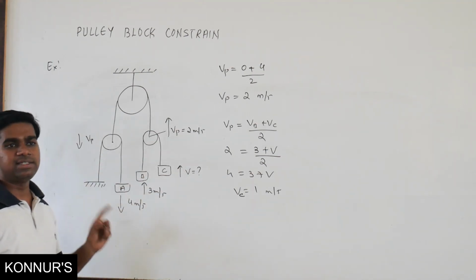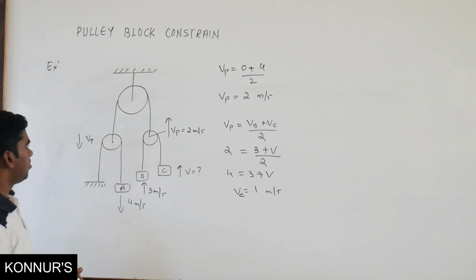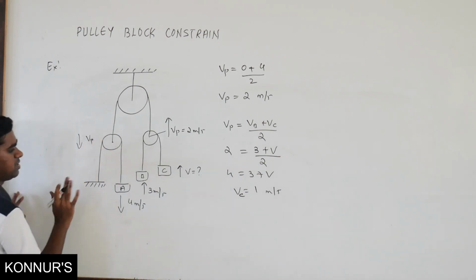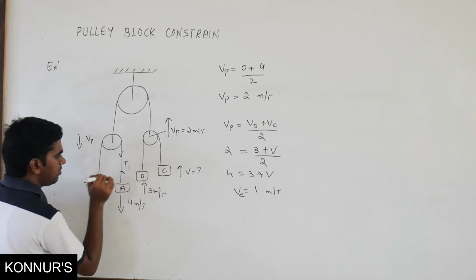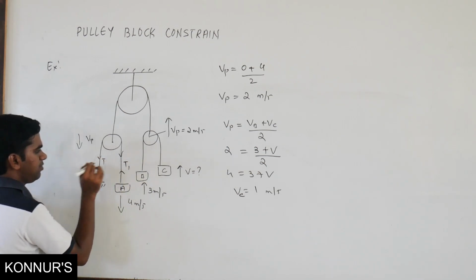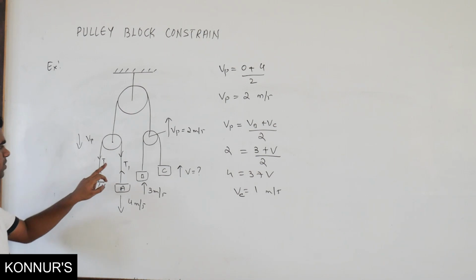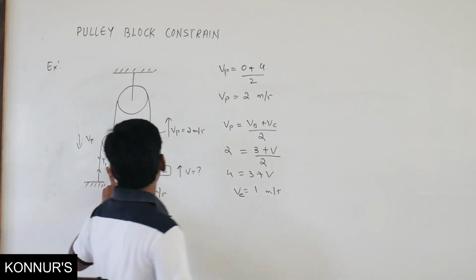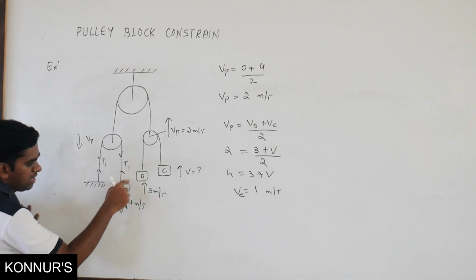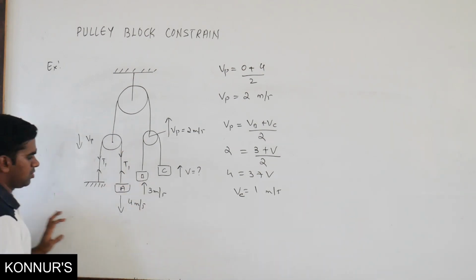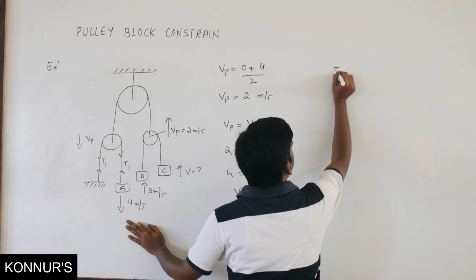You can apply the tension method also here. How can we apply the tension method? Apply it to this side. So what is the tension? The tension here you can take as T1. If you take this as T1, what can you apply here? Tension is in the upward direction, velocity is in the downward direction. So T1